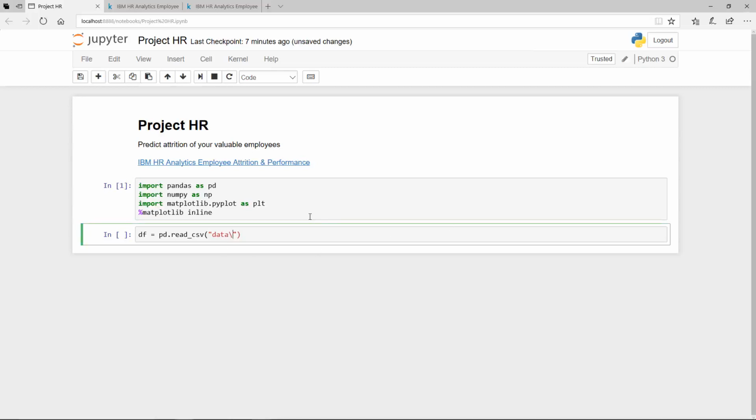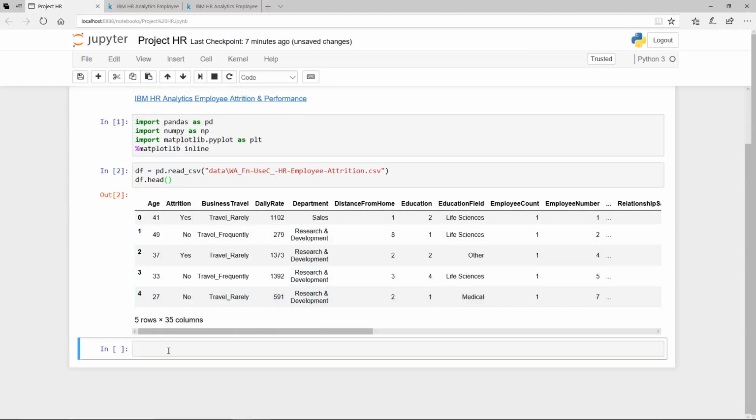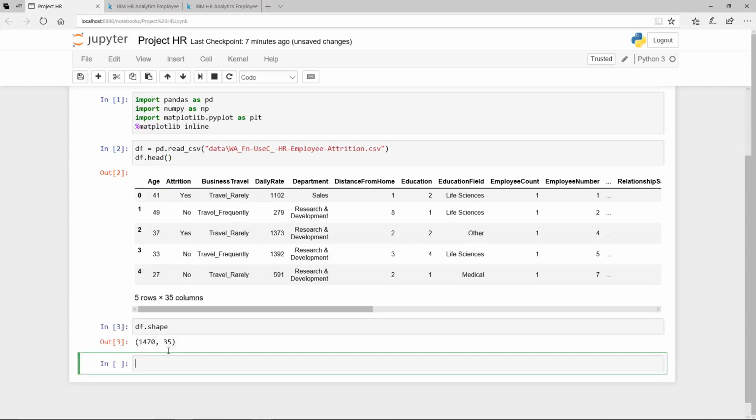And I believe this is CSV data. No, this is not CSV data. This is Excel data. Oh yes, it is CSV. So CSV. Okay, so after we have imported, let's have a look at the data. All right, so that's really what we have. It looks exactly the same as before. Good, the download has come through really well. So let's look at the shape. We have 35 features and 1,470